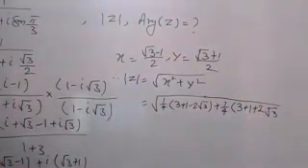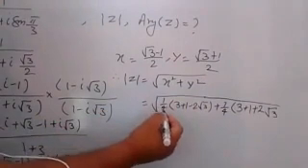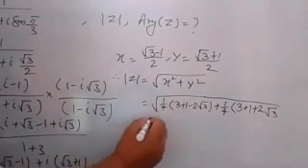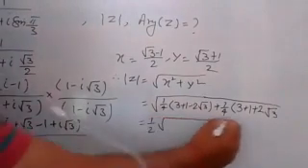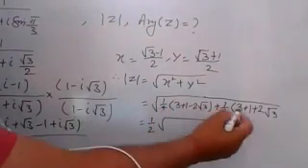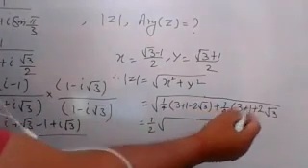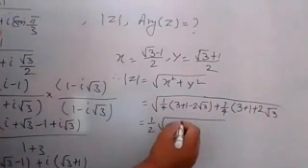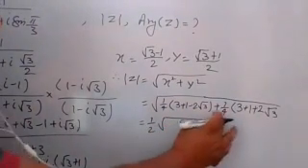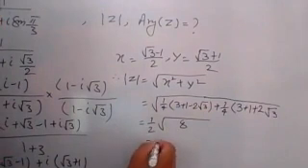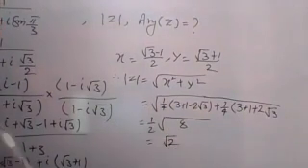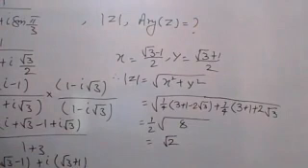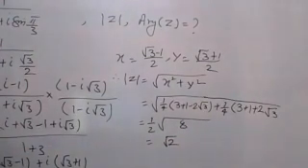So in this way, here you have your step. From 1 by 4 is common. So here you write 1 upon 2 under root. Here you have 4 and this 4. 2 root 3 and 2 root 3 cancel out, and 4 plus 4 becomes 8. So right here 8. And root 8 can be written as 2 root 2. So overall here you have root 2. So here you see that the modulus of z is equal to root 2. Modulus of z is equal to root 2.